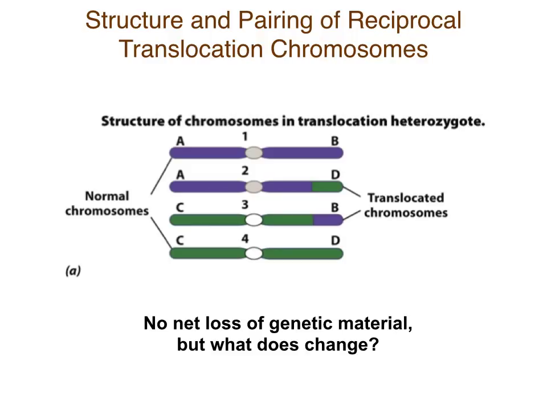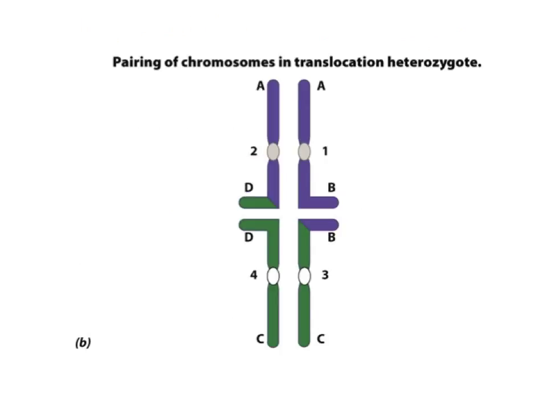In meiosis 1, how do chromosomes line up? With homologous chromosomes. So is this chromosome homologous to this one, or is it homologous to that one? Some say here. Corey says here. Maybe it's homologous to both of them, right? And so how is it going to line up in meiosis 1? Here, this is how the chromosomes would line up, all right?